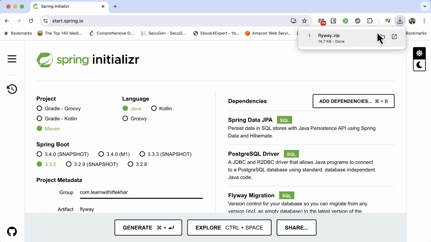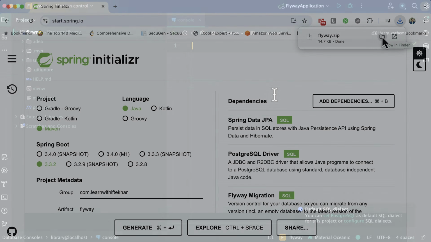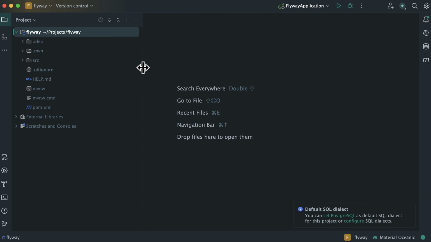Our project is generated and downloaded on my machine. Let's open it in my IDE. Here I have opened the project in my IDE. I am using IntelliJ as my IDE. Here you can see the files in my left sidebar. Before doing anything else in the project,